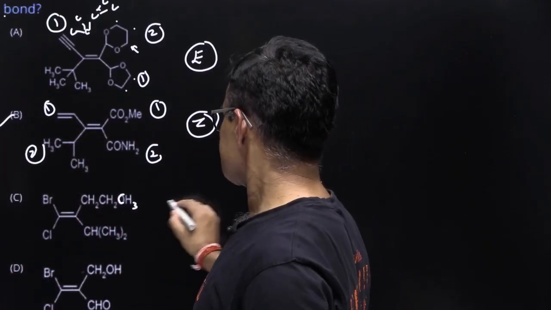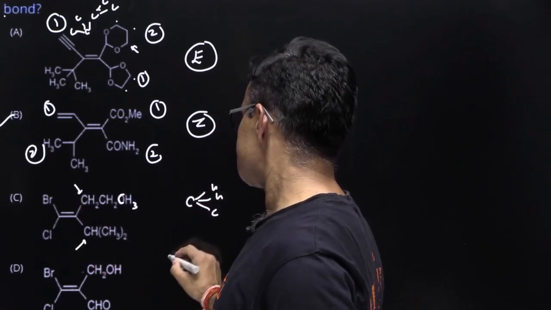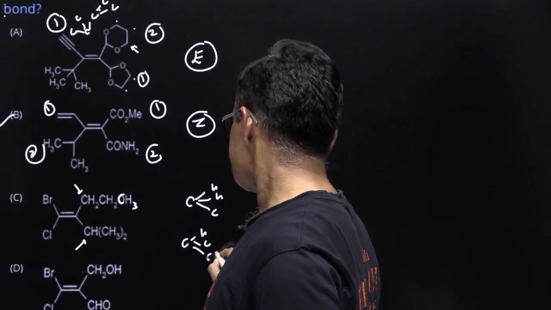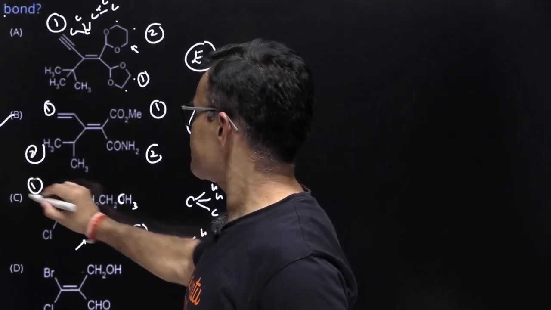ऑलराइट, यहाँ पे बात करेंगे, यहाँ पे जो कार्बन एटम है, ये वाला कार्बन एटम, यहाँ से एक H और एक C लगा है, और यहाँ से एक H और एक C और एक C लगा है, यानी 2 C लगे हुए हैं। तो इसका प्रायोरिटी हो गया 1 और इसका प्रायोरिटी हो गया 1, ये भी आपका E फॉर्म हो गया।